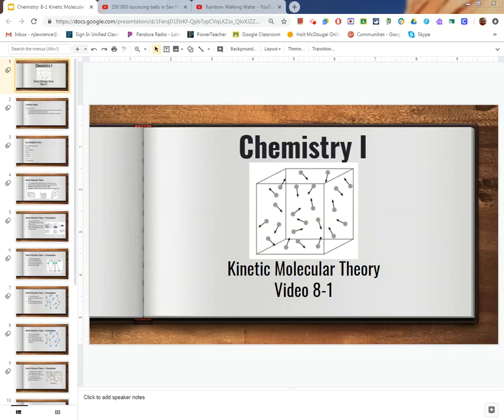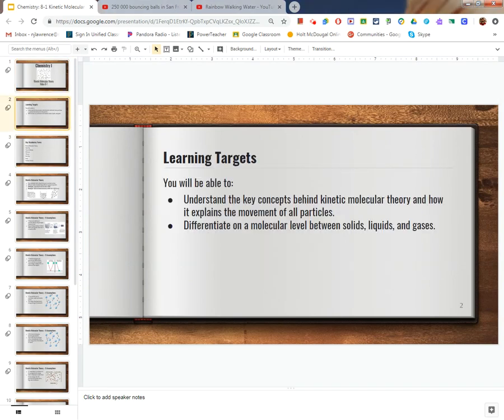Welcome to video 8.1 over the kinetic molecular theory. In this video, you're going to begin to understand the concepts of kinetic molecular theory and how it explains the movement of particles on all levels. This video is also going to help you be able to tell the difference between solid, liquid, and gases on